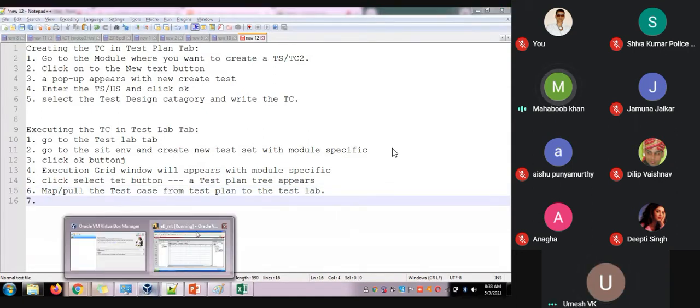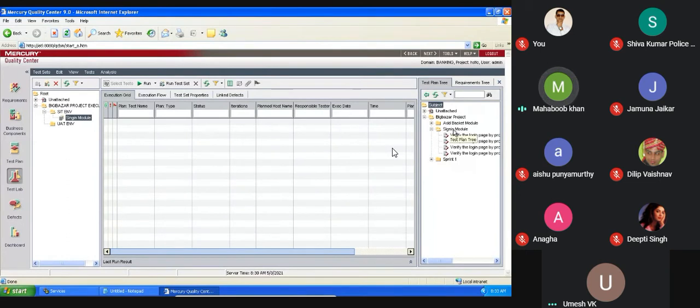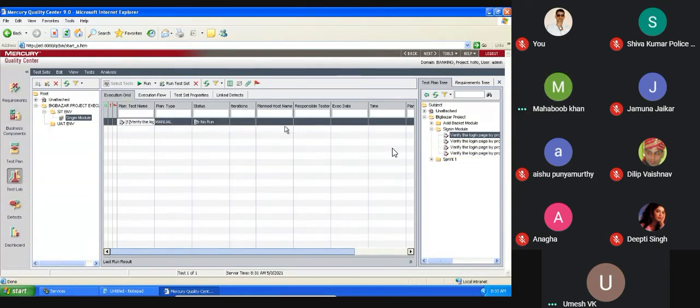How? When you see here, you need to map this. Select the first. How will you be mapping? Select the test case. There will be a left arrow mark. Click here. Once you click, it is added to test lab. Are you getting it? Or the second one, drag and drop. Drag this and drop it.